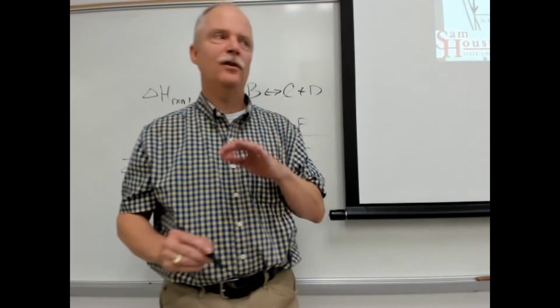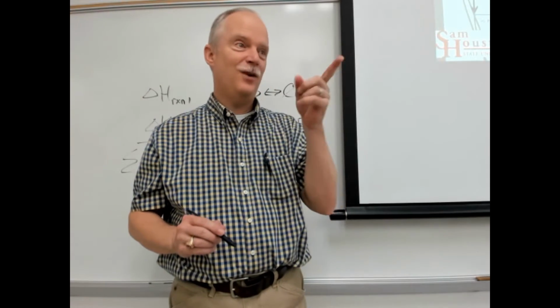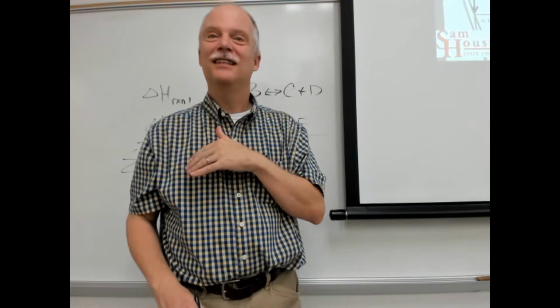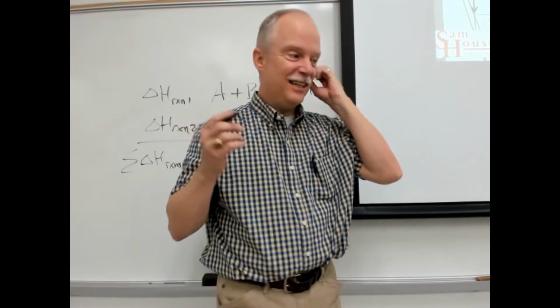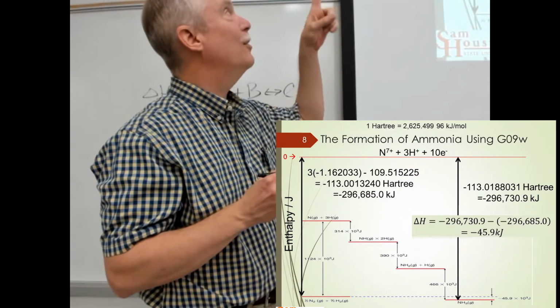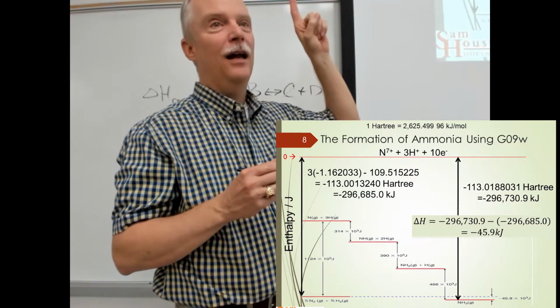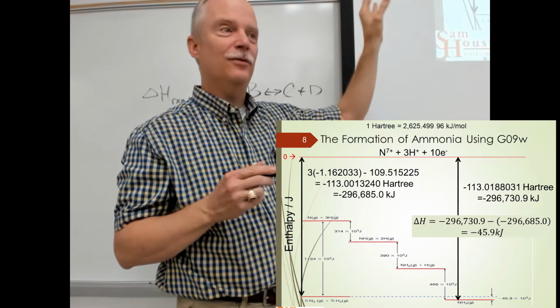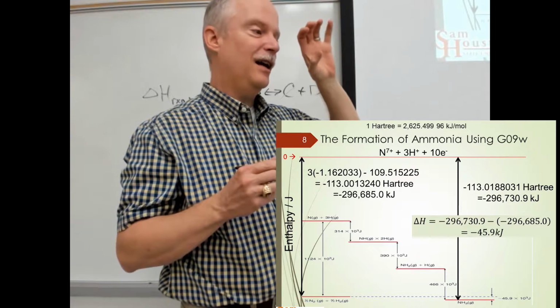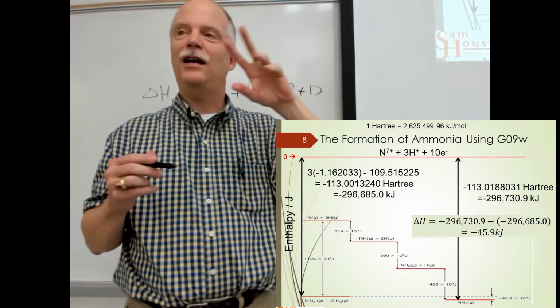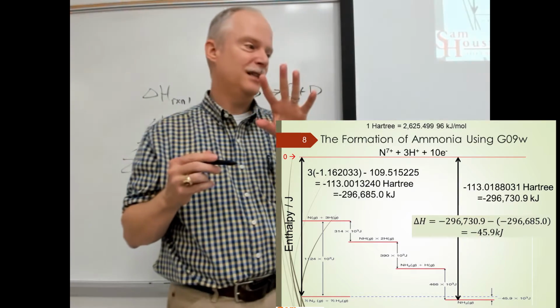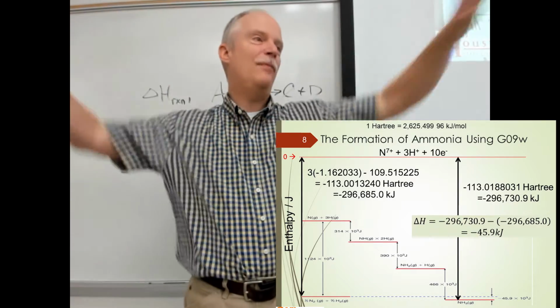But Gaussian is different. Gaussian has a different reference point. And this is why your numbers are all huge and negative. Okay? So Gaussian is using as its reference point, look where 0 is up at the top. And look what is defined as 0. So nitrogen nucleus, which is 7 plus, and the 3 hydrogen nuclei, H pluses, and 10 electrons, all separated to